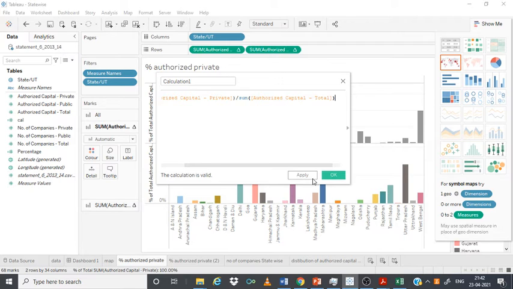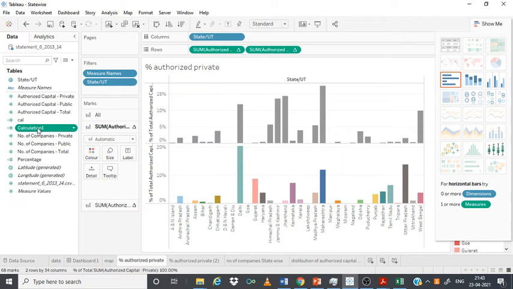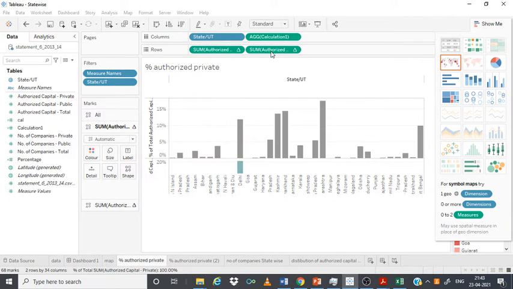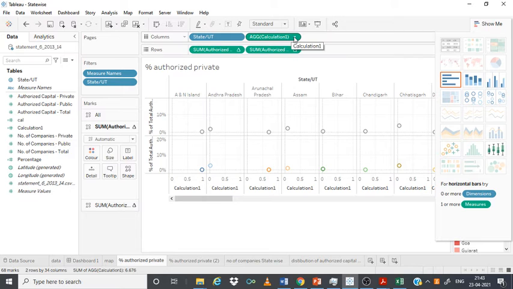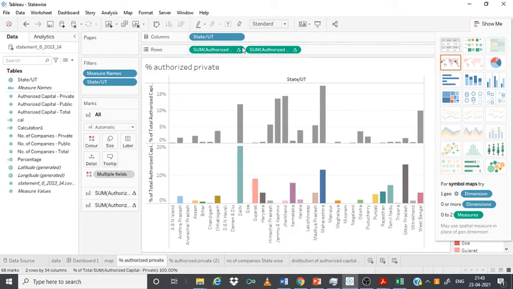So automatically this particular expression is created, and when I say apply, this calculation is recorded here as calculation 1. If it is valid, it will show it to you here, and if it is invalid or erroneous, that will be shown here. This calculation can be simply dragged and dropped here, so the values will vary as per my needs. I've already put these two calculations. Whatever variation I'm doing will be reflected. Since I've already done that, I'm just removing this. So this is the percentage calculated in the pattern I just explained.